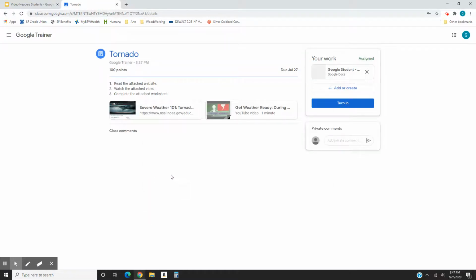Now it has opened up in a workable big window for me. I can see number 1, I'm supposed to read the attached website, so I would click here and read this website. Then it tells me to watch the attached video, so I would click over here and watch this YouTube video on tornadoes. The third direction tells me to complete the attached worksheet. So I'm going to look over here under your work, and I can see that I have a worksheet. So I'm going to click on it,